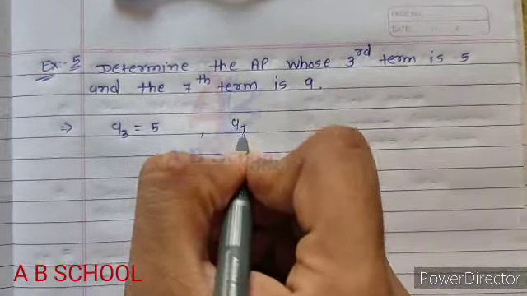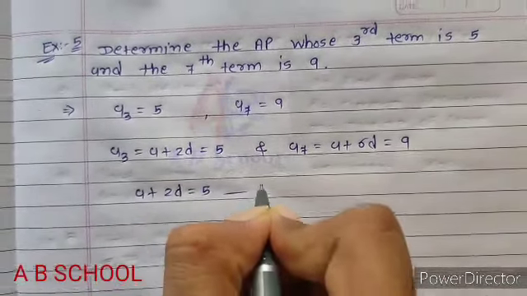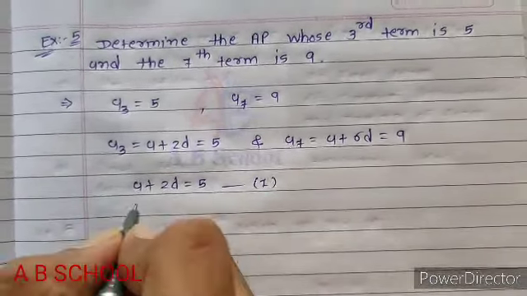So first equation, A plus 2D is equal to 5, number 1, and second, A plus 6D is equal to 9, number 2. From equation 1 and 2, by using elimination method,